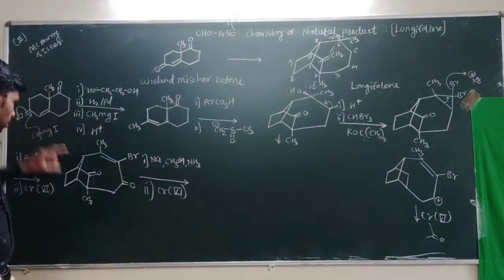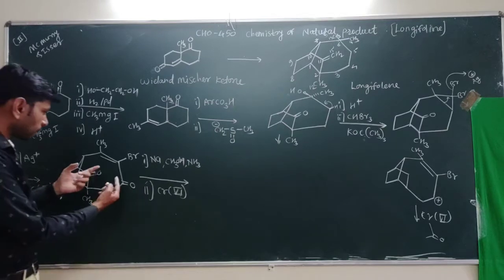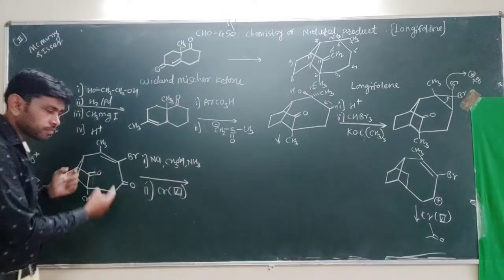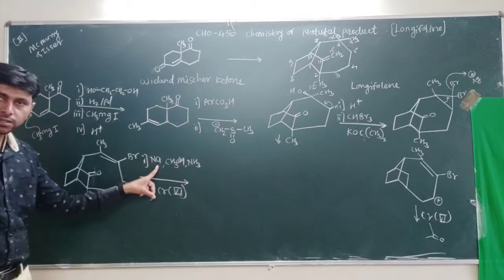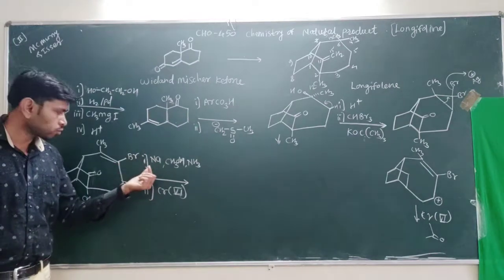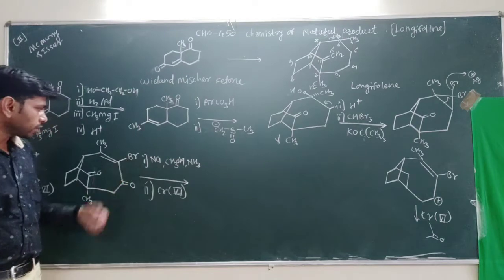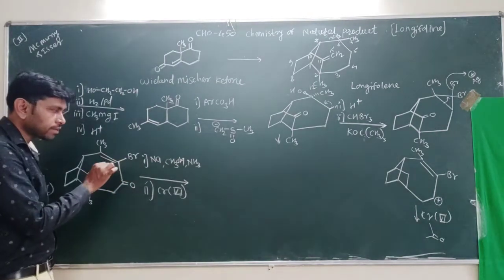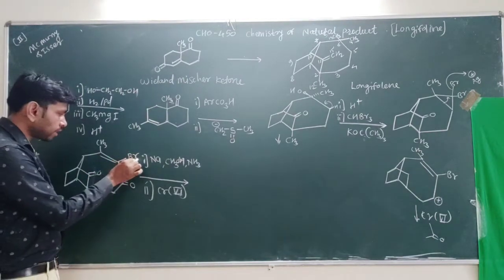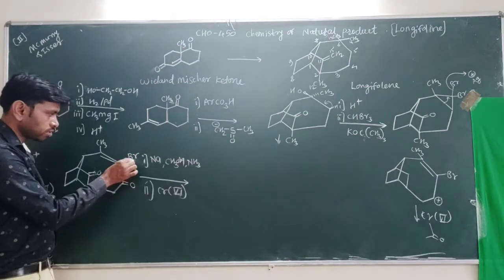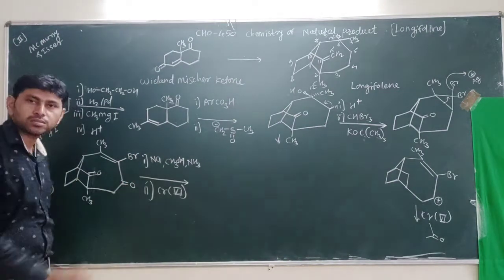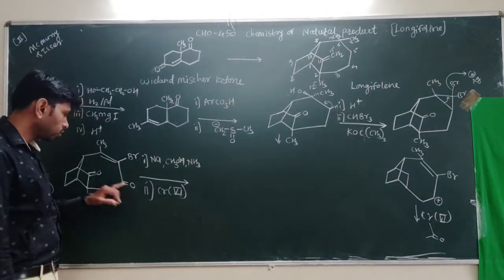We come to this step. Now in this step we have used sodium metal. What is this for? This sodium metal is used here for removal of Br. When it removes Br, at the same time what happens? At the same time, when it removes this Br, it reduces both the groups,